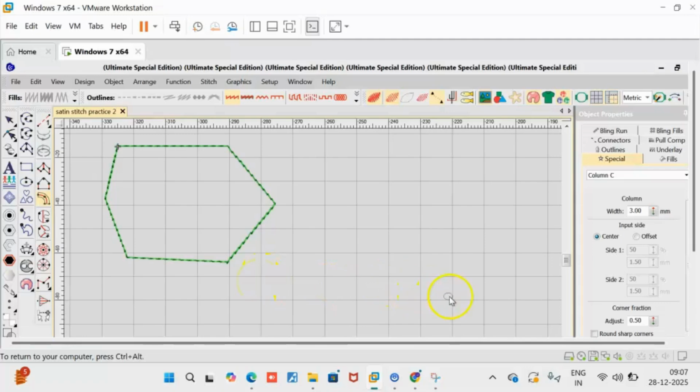Now I draw a shape. After finishing the object, I press enter.